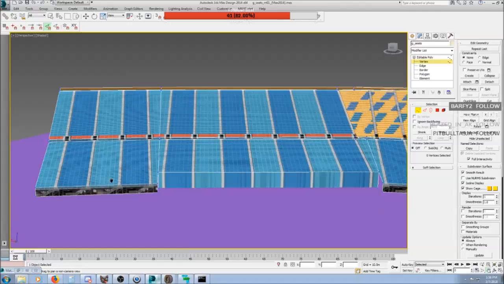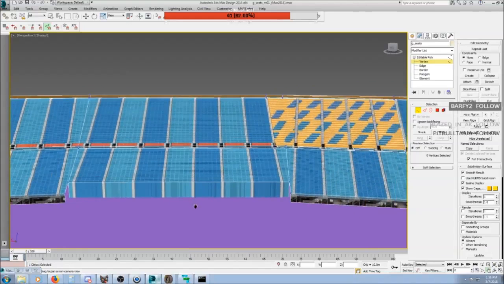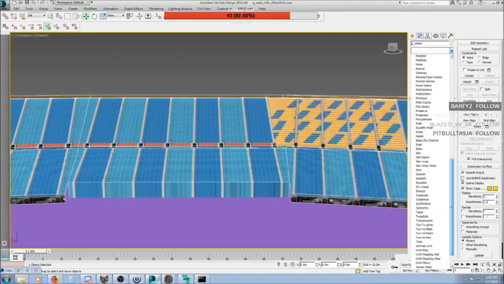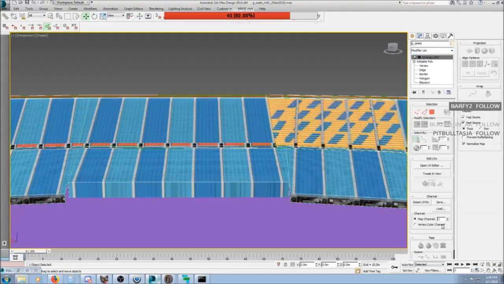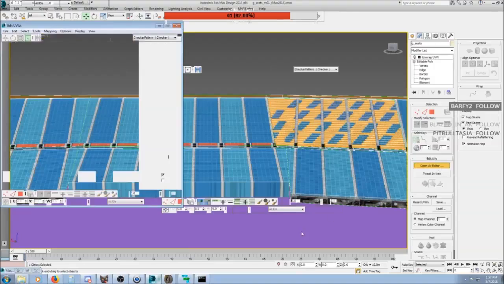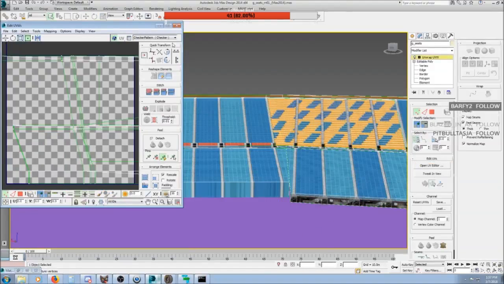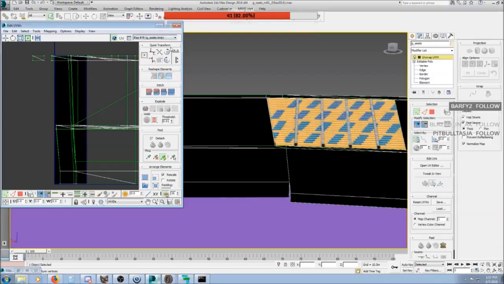I mean, I could probably do the same thing on this one here, but for the sake of this, I'll just keep it short. So what you want to do is, you've got that texture already applied. Go into your modifier list and apply your unwrap UVW. Okay. From there, you want to open up your UV editor, and it may or may not be selected. You can always choose that texture. So in this case, it's the,